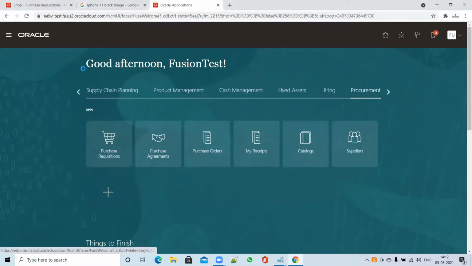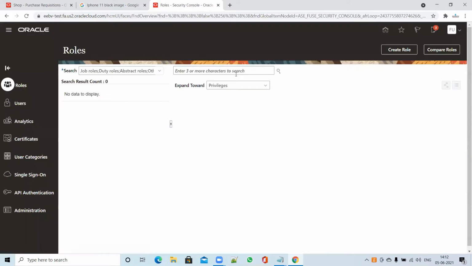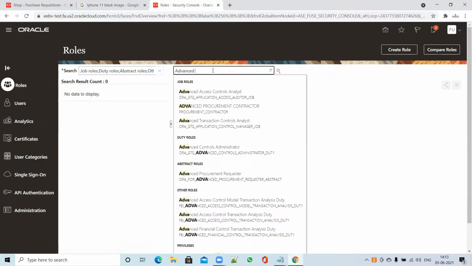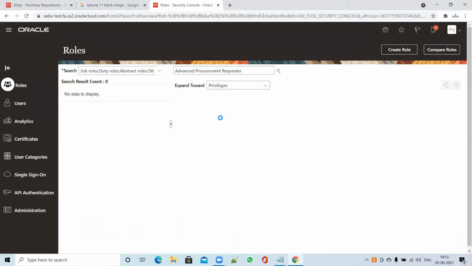Now we'll go to the navigator, and within the navigator, click on tools. Within tools, click on security console. Once you click on security console, you have to search for the seeded role that we are going to customize: advanced procurement requester.